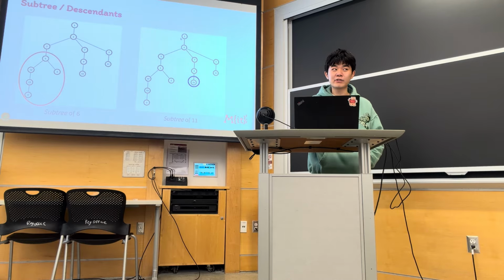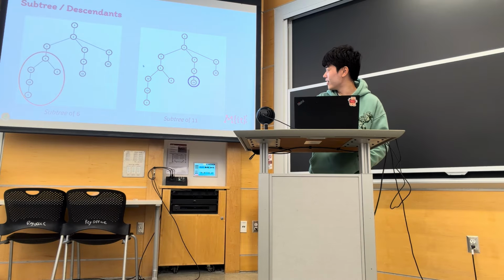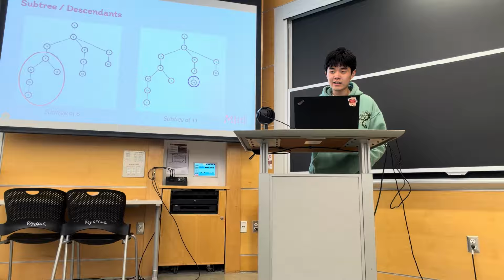Next, we have subtrees and descendants, which is kind of the opposite of ancestors. Formally, the subtree of a node x is the set of nodes that have x as an ancestor. For example, the subtree of 6 is 6, 12, 13, 8, and 5, because these all have 6 on the path from them to the root. You can see here the subtree of 11 is